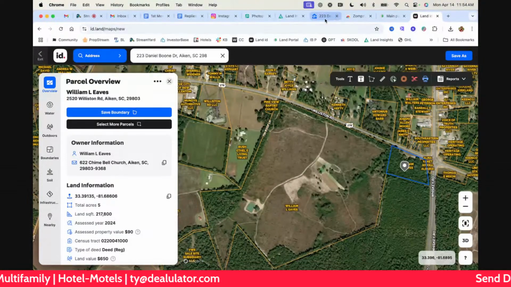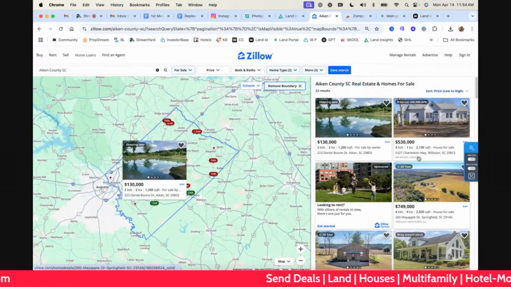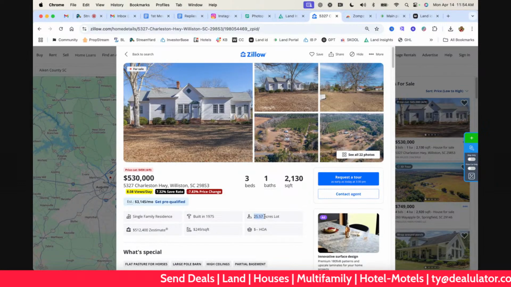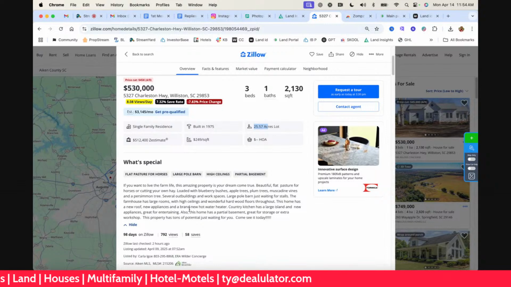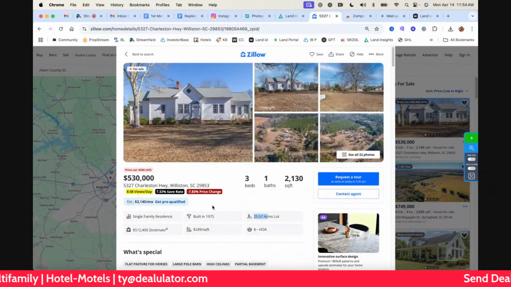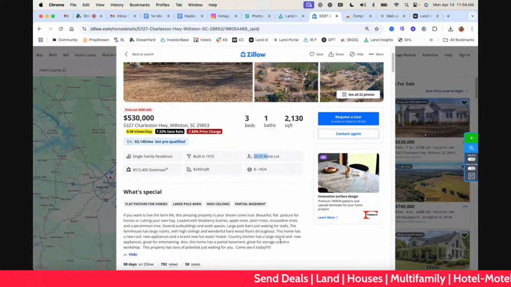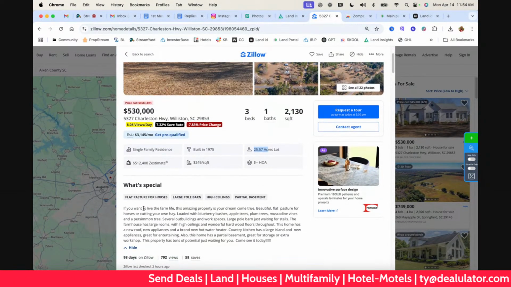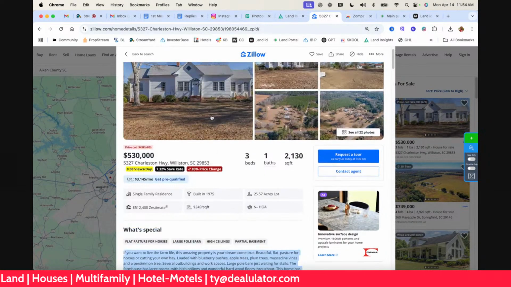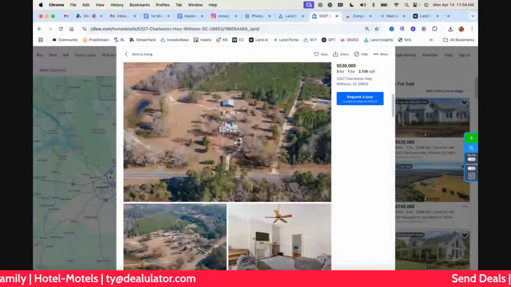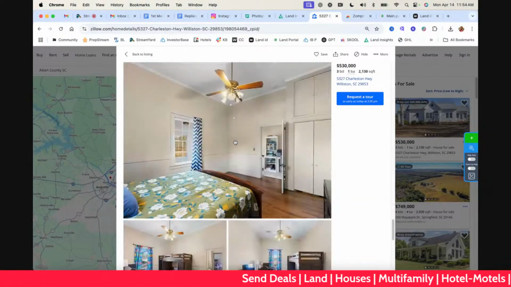All right, so let's look at another one real quick. And let's look at this one here. It says sitting on 25 acres. Again, let's verify down here in the description, because sometimes it can be a little deceptive. I don't see anywhere where it says it does, but let's look at the photos. Sometimes you can tell from the photos, they may show the boundary. And in this one, I don't think they do.